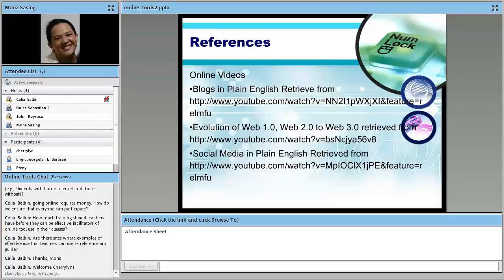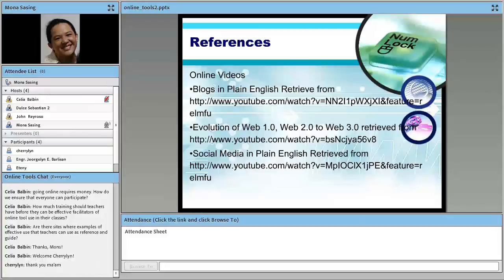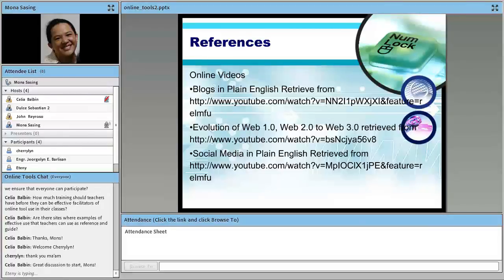And by the way, sometime next half of the year, we might be posting a discussion in Kasama about the use of online tools. So baka gusto niyo mag-share doon. You may want to share your own experience in using these online tools. You're free to share your learnings with us.